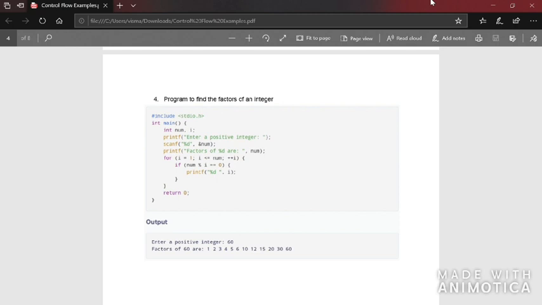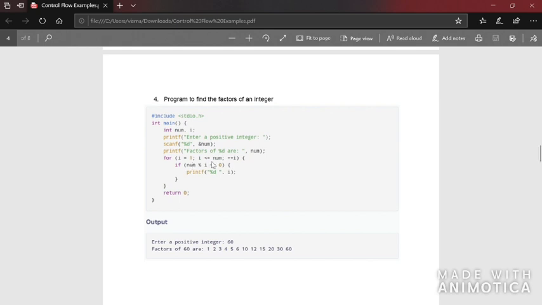So this same process is continued for all the numbers, so it is easy for me to use a loop here. After accepting the number from the user, I'm storing it in the variable num, and then I'm printing the factors of the value stored in num are. Then in the loop I'm taking all the numbers from 1 to 6 and checking if 6 is divisible by those numbers. So how do I do that? Here I'm taking a loop. i equal to 1, because I have to check all numbers starting from 1. Now the next is i less than or equal to num.